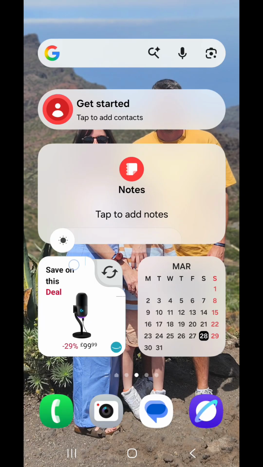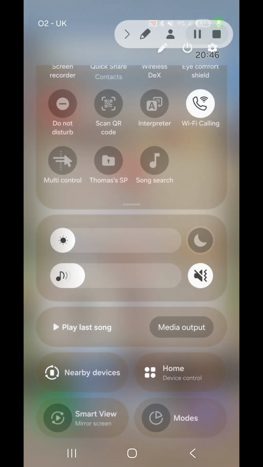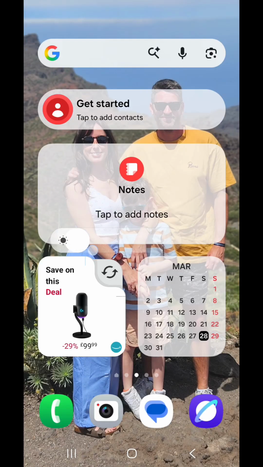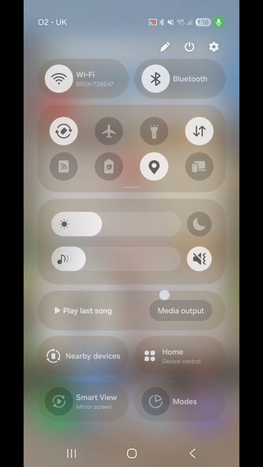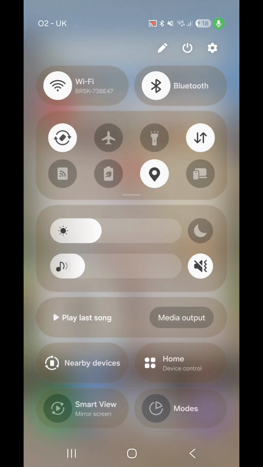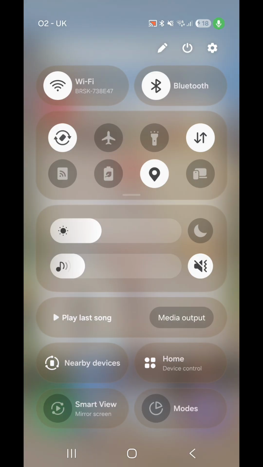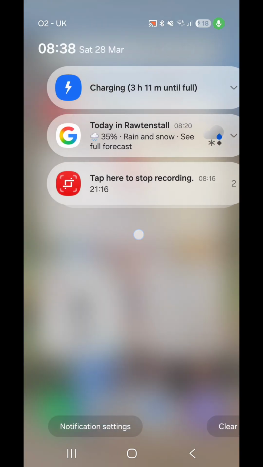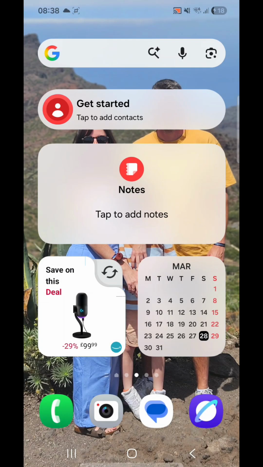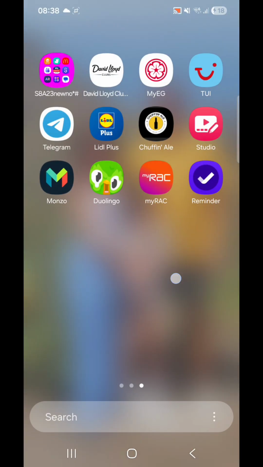You've got brightness, dark mode. I do that. That's suitable. Then that's sound. Play last song, media output. Nearby devices, home, device control, mirror screen, so it's like a smart view. So say like if you've got a Samsung TV, you can tap that and it screen shares your screen, and then you've got modes. And that's all about